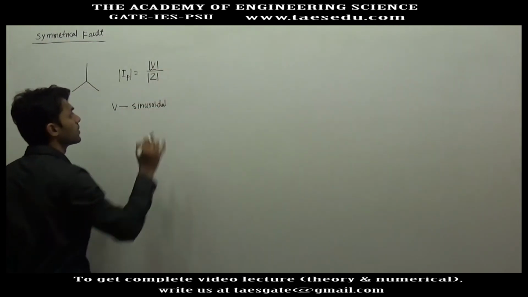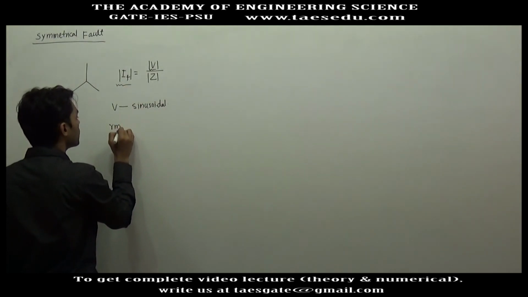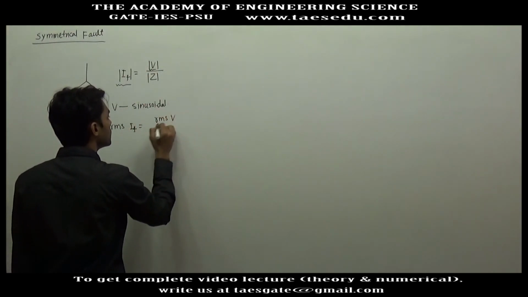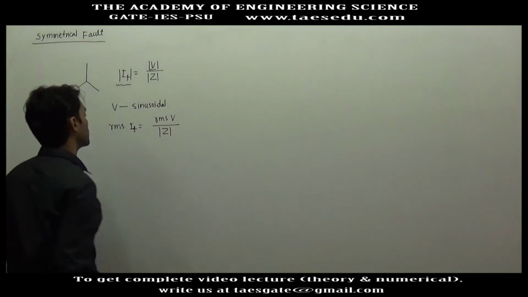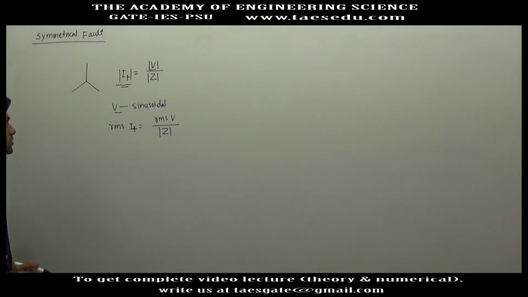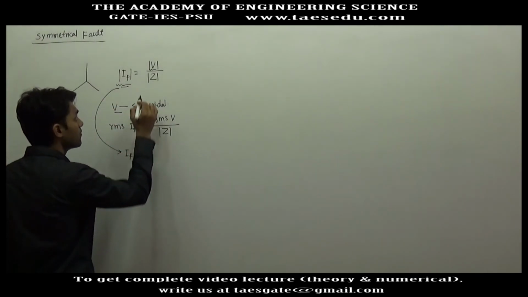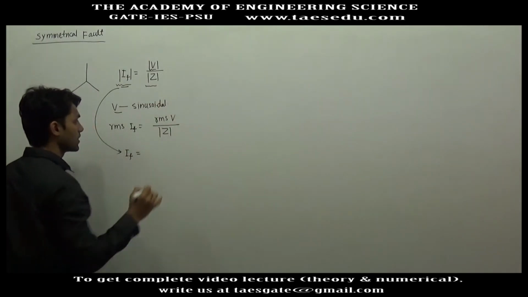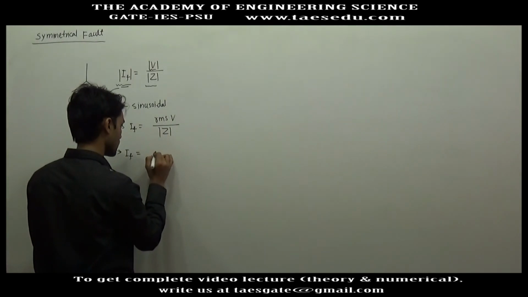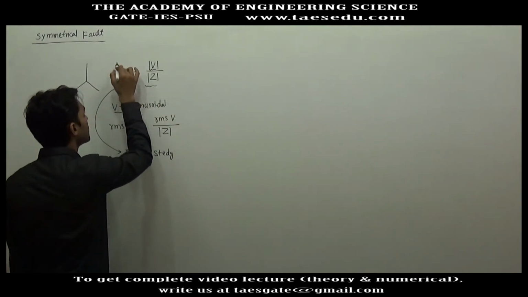So what value in the magnitude will we take? If you are interested to find out the RMS value of fault current, you will take the RMS value of voltage divided by the modulus of impedance. But actually voltage is sinusoidal, so current will also be sinusoidal. Whatever fault current I am calculating by using this formula is the steady state fault current. This formula of calculating fault current is valid